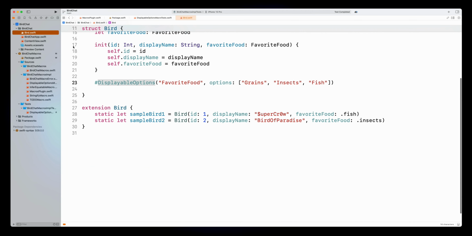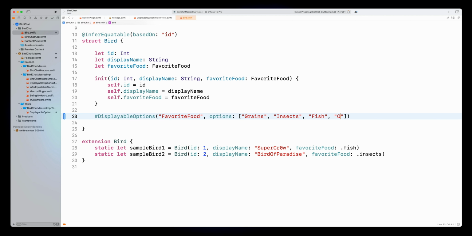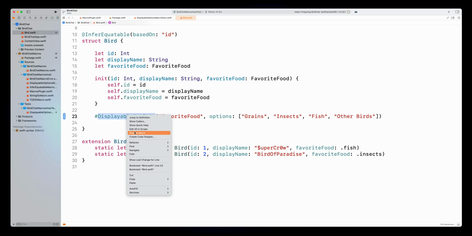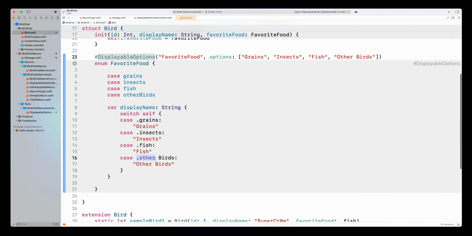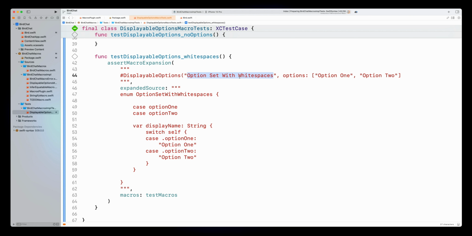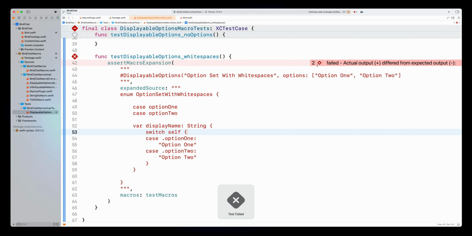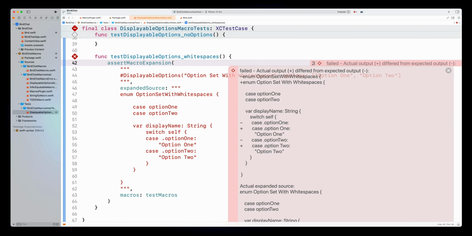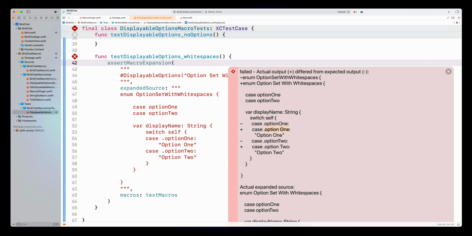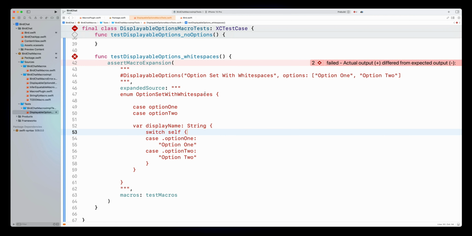Now let's look at what happens if one of my enums options has a white space. It may be something like this. I didn't handle this scenario in any way, so even the expand macro command is enough to see the error. In my tests, I'd like to make sure the situation doesn't cause any trouble. I'll check for white spaces in both the enum name and its options, but it's important that display names stay the same. As expected, the test fails. It does show the difference in output, but I wouldn't say it's very easy to understand. Maybe I just haven't gotten used to it.